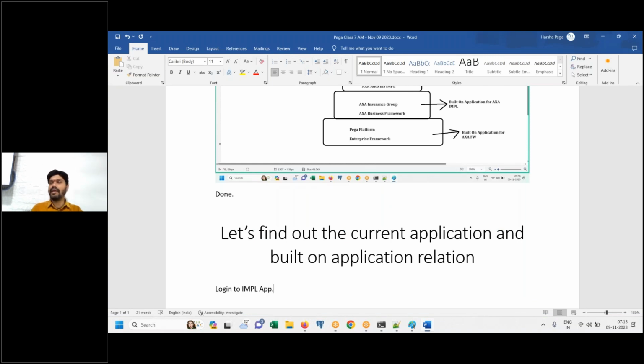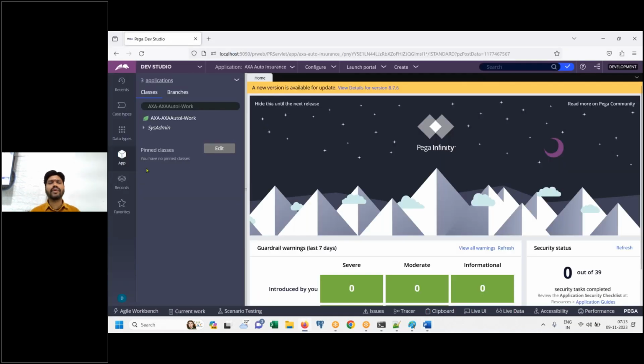After you log in, where do you go? Dev Studio. Yesterday I showed you Dev Studio. After you go to Dev Studio, this is what you see. Now, I want to know your details. When I ask you your details, what will you say? You will say your name, your age, your gender, your hometown, your father's name, your mother's name. All the details you will be telling.